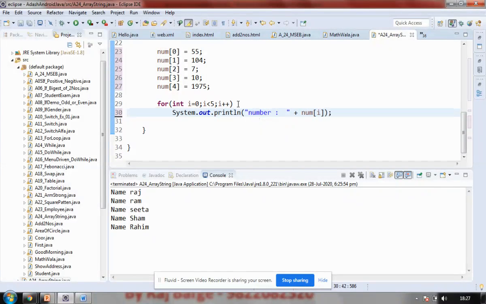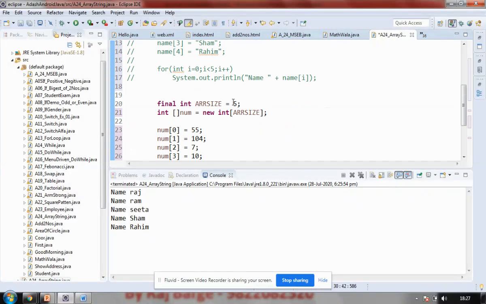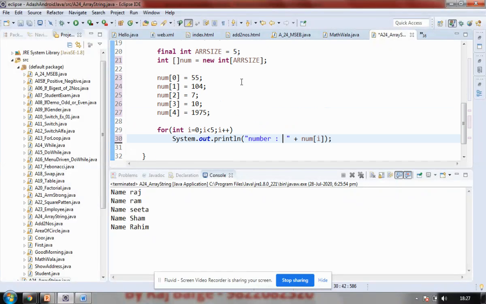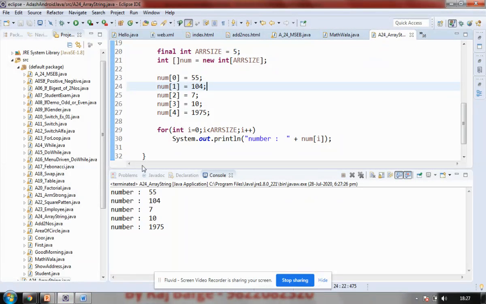So what are the numbers now? My array is created with size 5 and it's going to run. Most of the time, I can replace this final word with this, since it automatically has references. If I make it 3, it will show me 3 elements. If I make it 5, it will show me 5 elements. So this automatically becomes dynamic. I run this, and it is showing me the values.